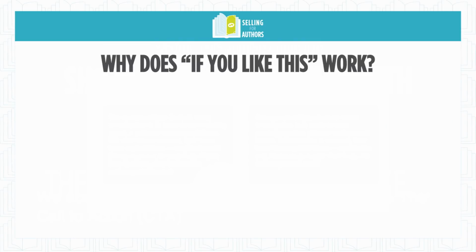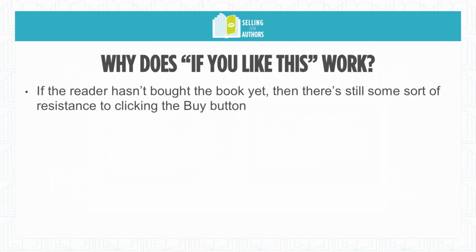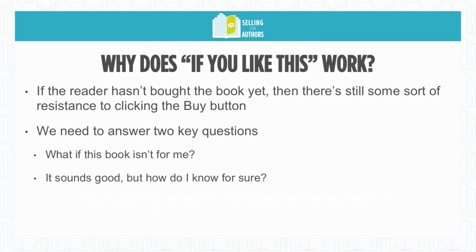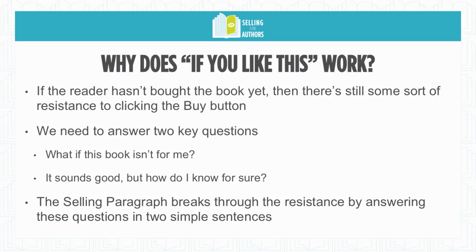So why does the if you like this thing work? Why does that work? Well, if the reader hasn't bought the book yet, they're not sold on it. They have decided for whatever reason they're not ready to buy it yet. So we need to answer the what if this book isn't for me? How do I know for sure that this book is going to live up to my expectations? So the selling paragraph breaks through this resistance by using the if you like this format and answering these questions